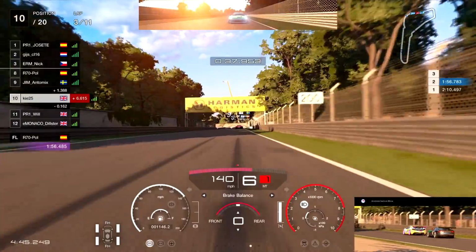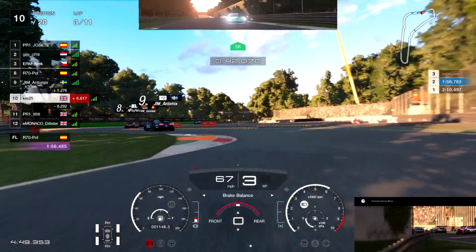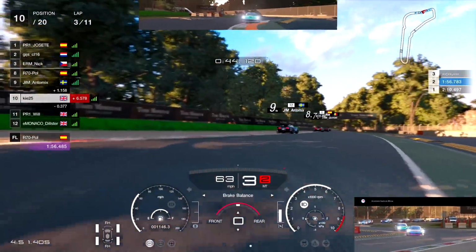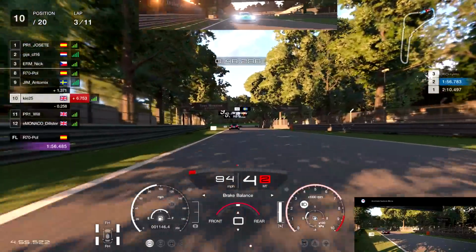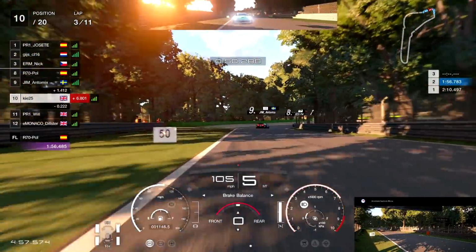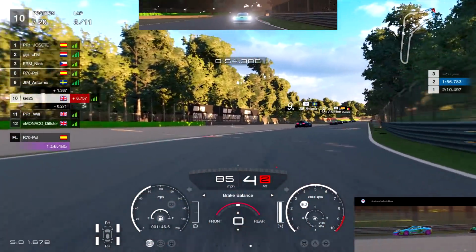It looked like he was just staying to the right there, so move over to the right hand side. Yeah, it looks like Will's just going to sit behind on this section here, because again, the McLaren is very strong through this section. This is the section where the McLaren will be able to gain on the cars in front. So through here, this right hand corner, the first Lesmo and the second Lesmo, it's really good in 4th